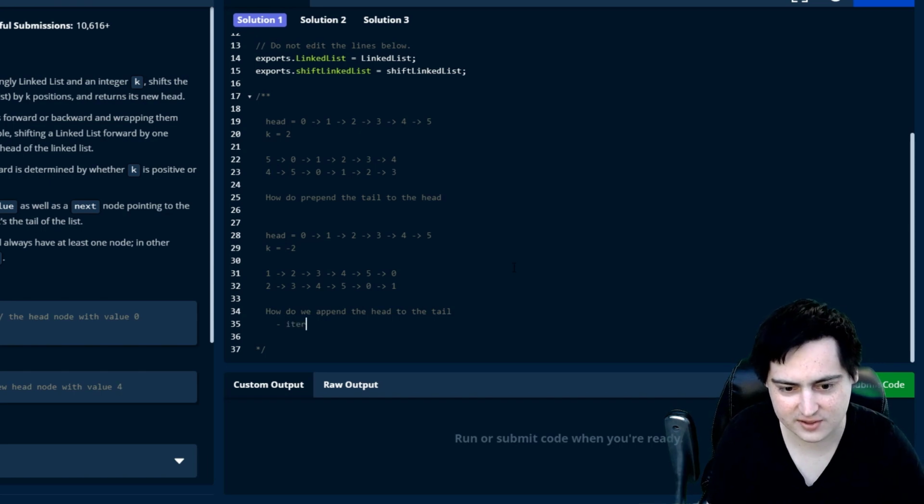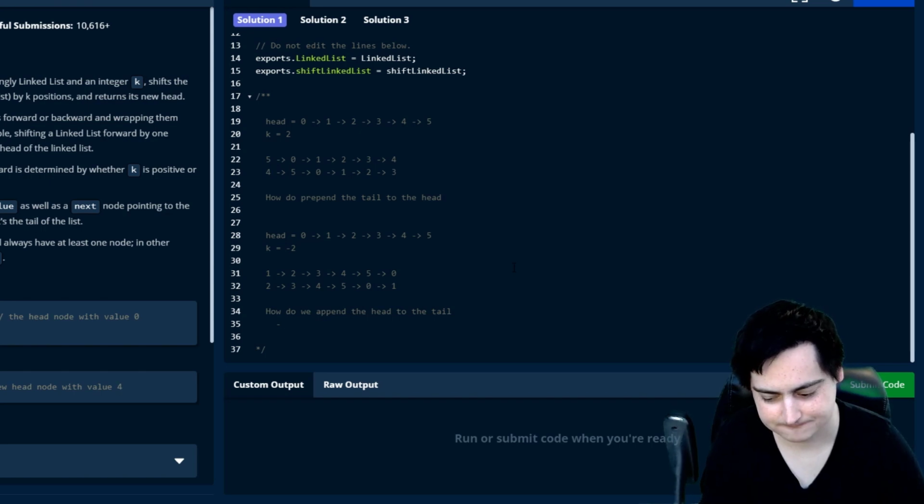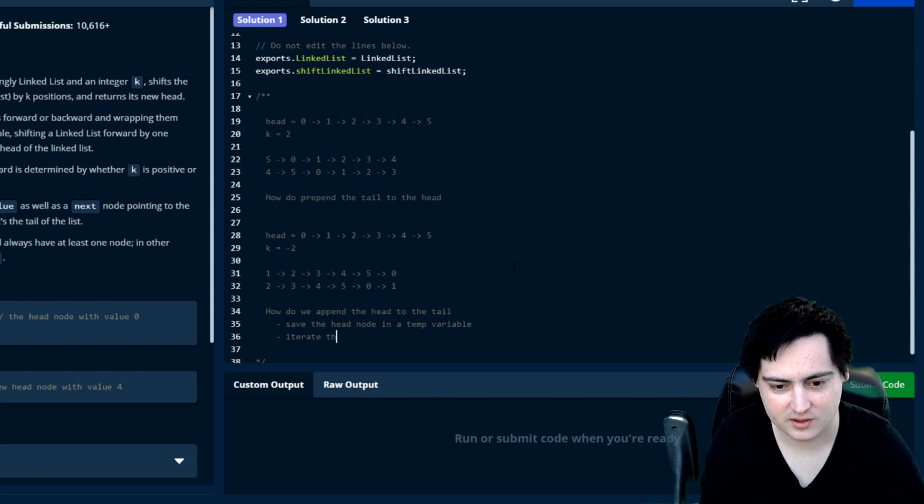So why don't we iterate? Set up a variable to track the head node. So save the head node in a temp variable. Once again, maybe there's a better way to do this, but save the head node in the temp variable. Iterate through the list